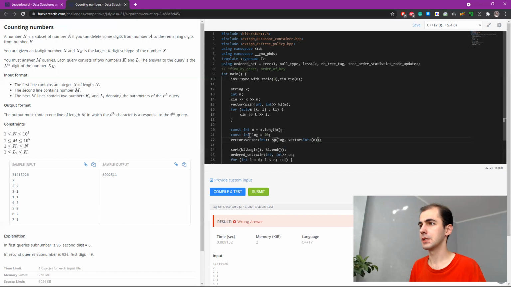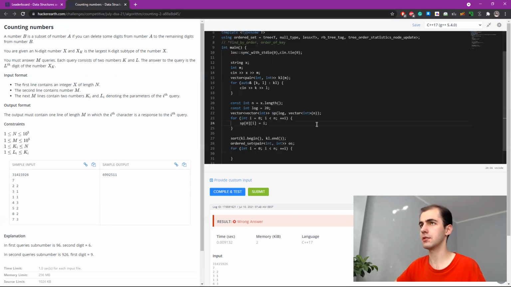SP, okay. SP0 at I gets I. So it will be the index of the maximum, which, because we have X, contains all information about this thing.